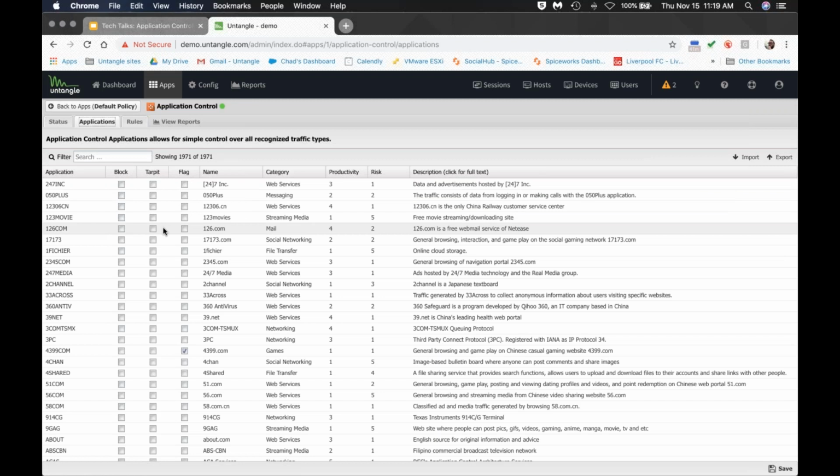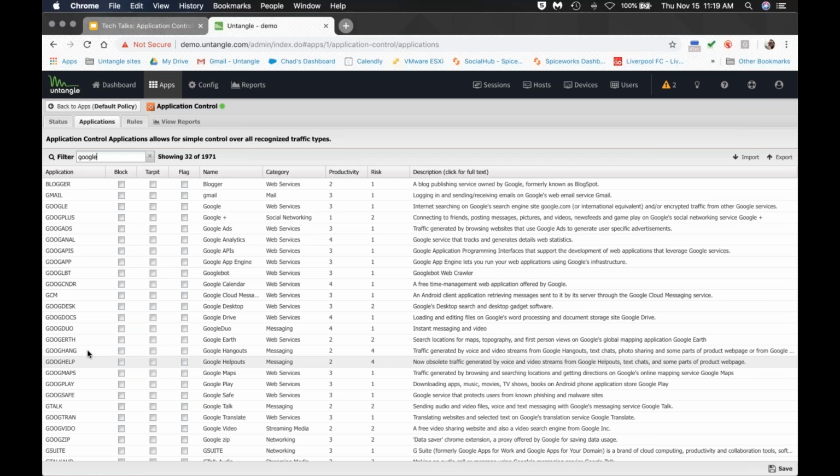So if a packet comes through Untangle and let's look for Google Earth. There's Google Earth, spelled pretty odd, obviously. If someone's going to Google Earth and I have this set to block, it's going to block it pretty instantly because it's identified so quickly. But if I, however,